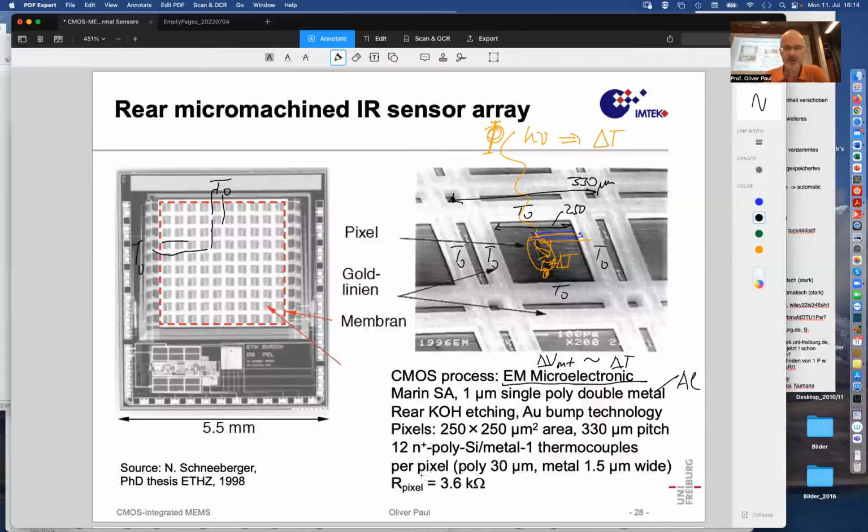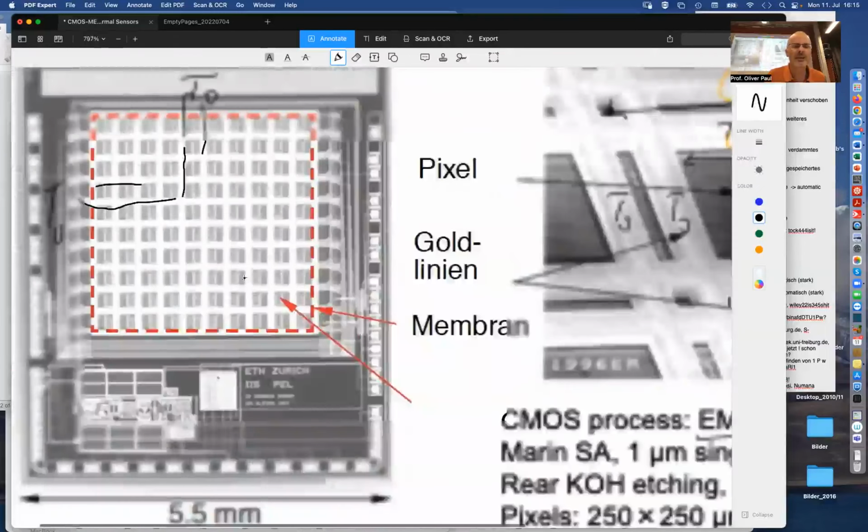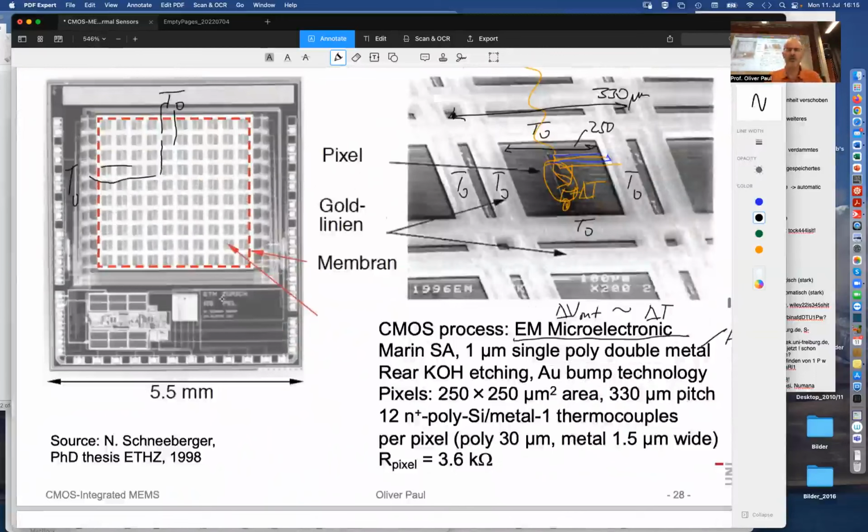So how many do we have? 12 thermal N plus polysilicon metal thermocouples in this picture. Hard to see. It's kind of stripy, and you don't really know what it is. So there is some finite resolution. If I look here, maybe do I see something? No, I don't see either. So you have to take my word for it. There are 12